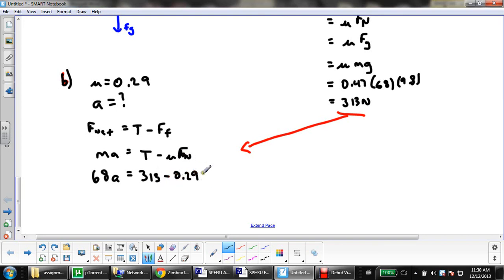Now, Fn is still equal to mg, so it's times 68 times 9.8. And now I'm going to solve for a here. So I'm going to do this math, and then I'm going to subtract these numbers, and I'm going to divide by 68. And when I do that,